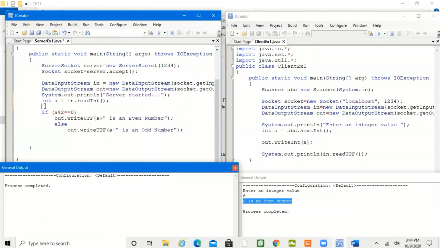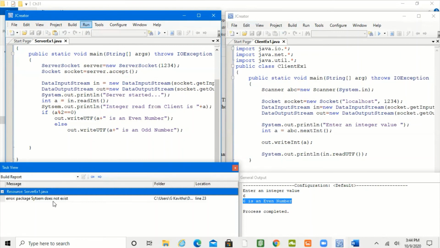And then here print one thing, System.out.println integer read from client is, and the integer is read from the client, a. In this way, we can see the server doing something or printing something.